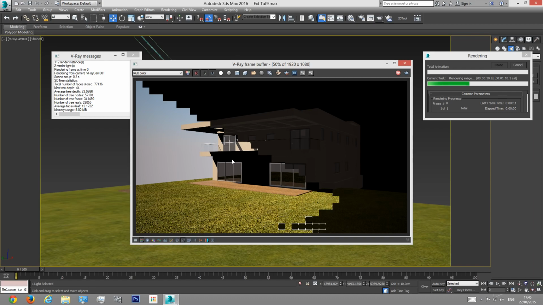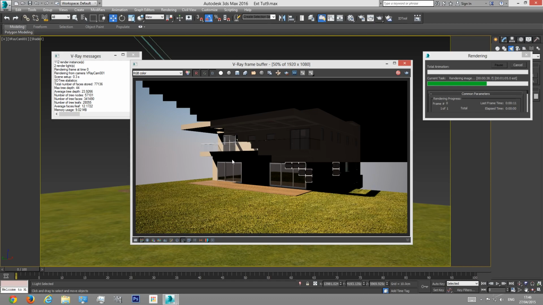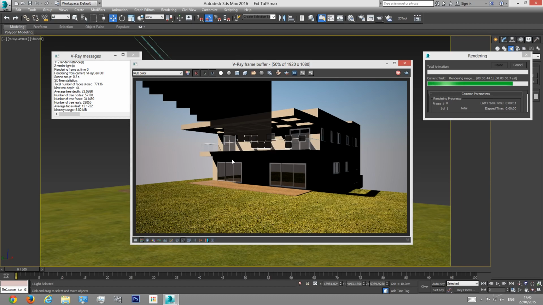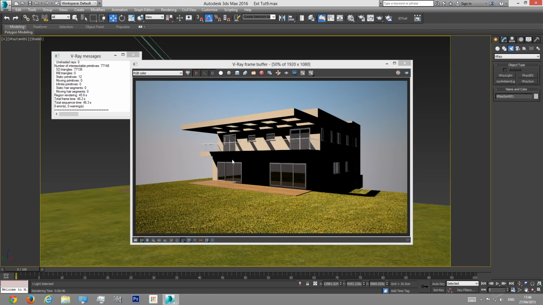And that's because light doesn't work like a straight beam. It bounces. When it hits the floor, it bounces off the floor 90 degrees to the wall. It loses a little bit of brightness when it hits the floor, but it still has enough brightness to illuminate the walls a little bit. So this is what the global illumination does. It mimics these bounces. So when the sun bounces from this deck and hits this wall, it will illuminate these totally dark and black shadows. And this will create a realistic